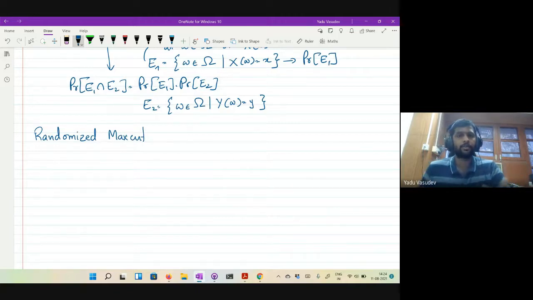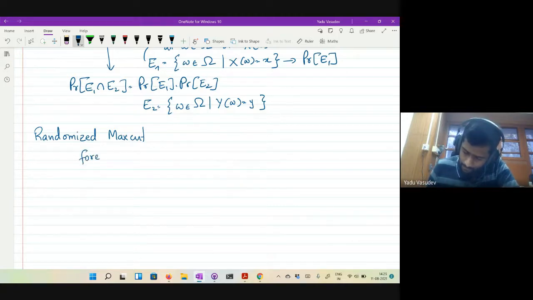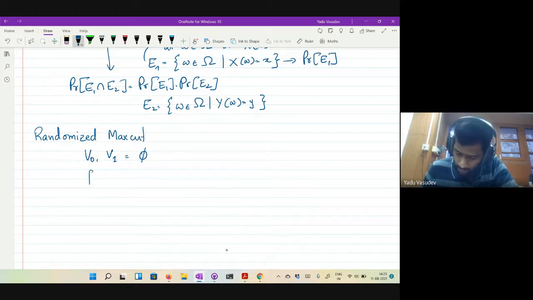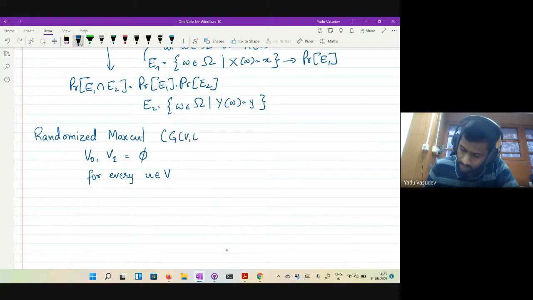The algorithm is going to be fairly simple. So you have two vertex sets, call them V0 and V1, which are initially empty. Now what you do is, for every vertex u in V, where the graph is G with vertex set V and edge set E,